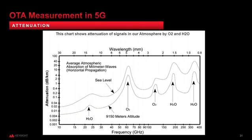So I'd like to bring this up as what we call atmospheric attenuation. And that's the reason why certain frequencies are selected for certain operation. If your base station is off a certain distance, it will be impacted by this atmospheric attenuation depending on the frequency range that you're operating at. So it's something to consider as you're doing these measurements. Okay, so that sums it up on